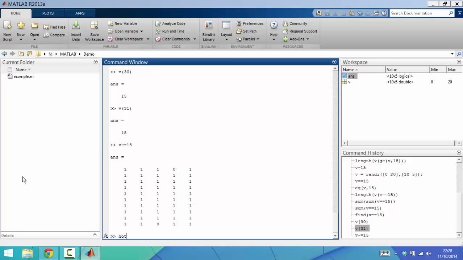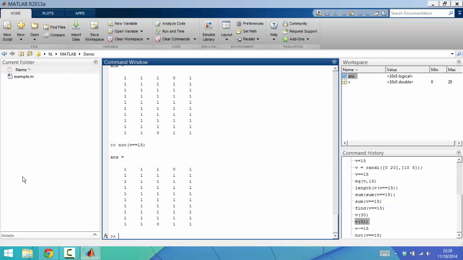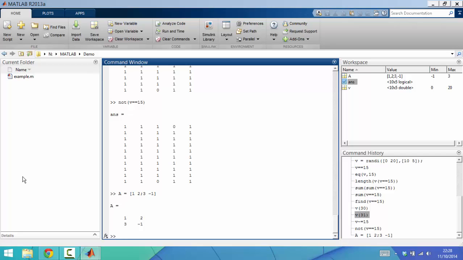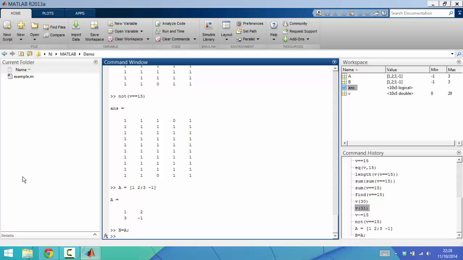Alternatively, we could use the not operator together with the equality operator. Not gives the logical negation of the results in the array. In some circumstances, we may wish to test whether two arrays are exactly the same. For instance, if I put A equals [1, 2, 3, -1], and then I put B equals A, so that these two arrays are the same. If I type A == B,